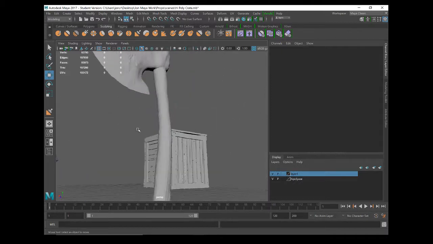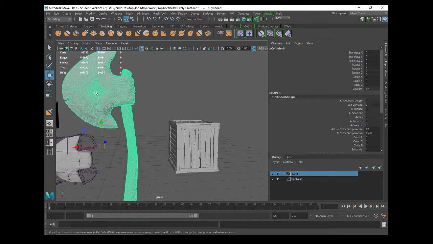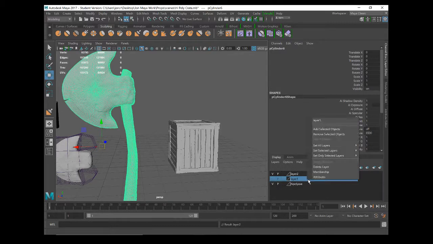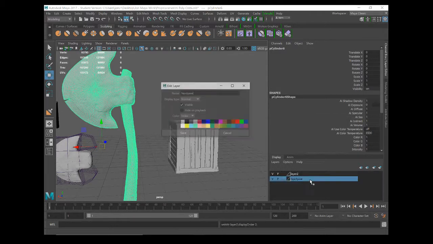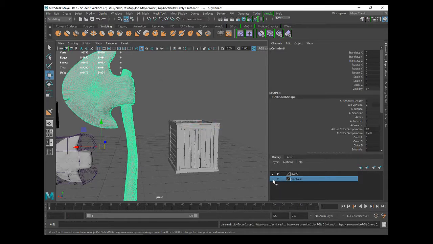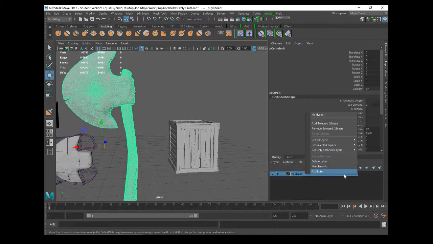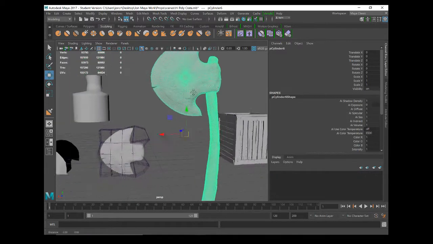Looking good. So I've combined that all onto one mesh, and I've made a new layer using this button here, New Layer from Selection. Once you create a new layer from the selected objects, it will create a new layer for you. I'm just going to delete that because it's just here, and I've renamed it High Poly Axe and hit save. So as you can see, if I just delete this layer too, tell you what, let me just delete all the layers